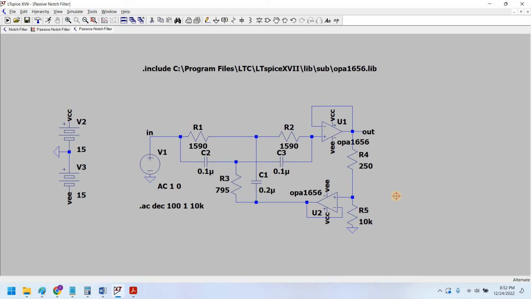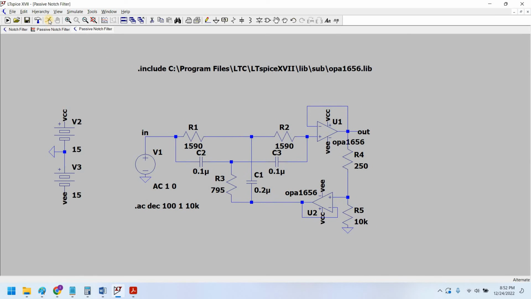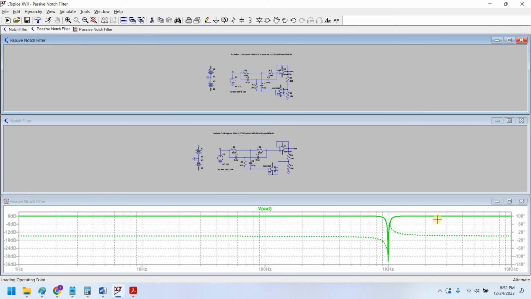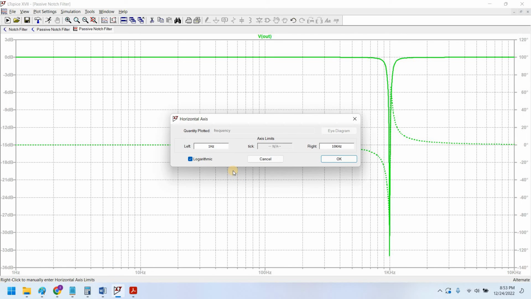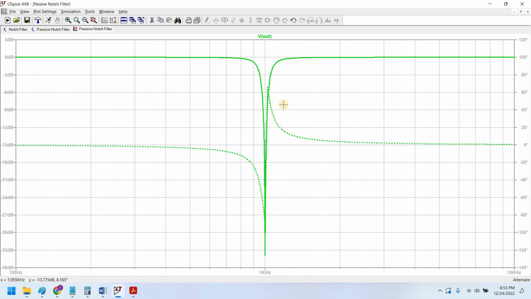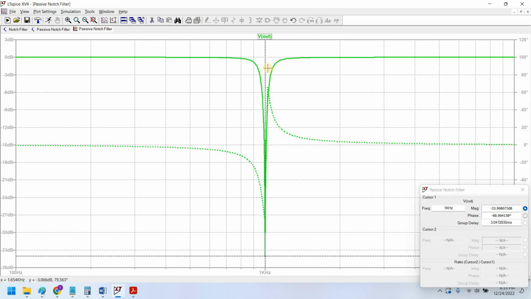Okay, it's done now. Let's simulate the circuit again and see what happens. Okay, great. As you can see now, the response is much steeper and a much more squeezed notch. This is a much more beautiful response as compared to our previous passive version of the notch filter. Now again we start to analyze from 100 Hz, and we can see here at exactly 1 kilohertz, and our lower cutoff is standing at